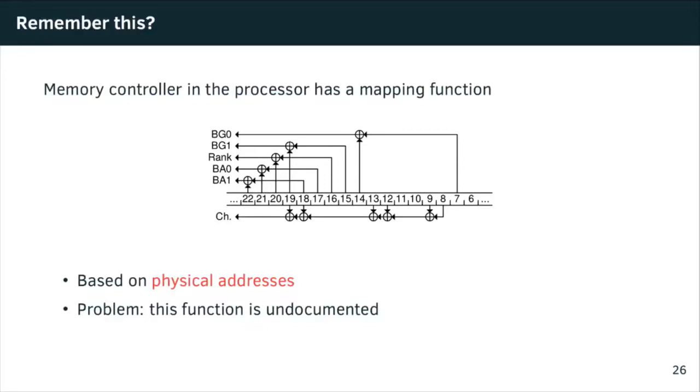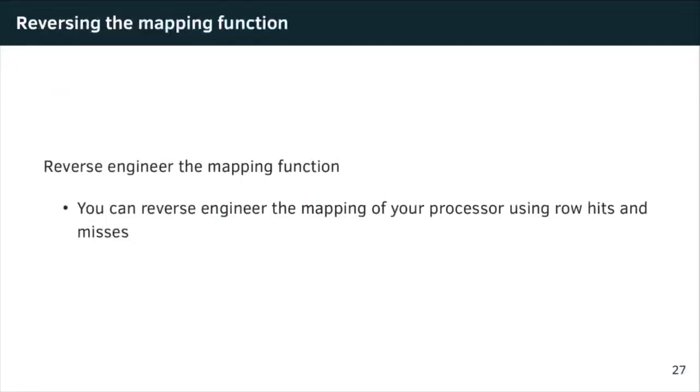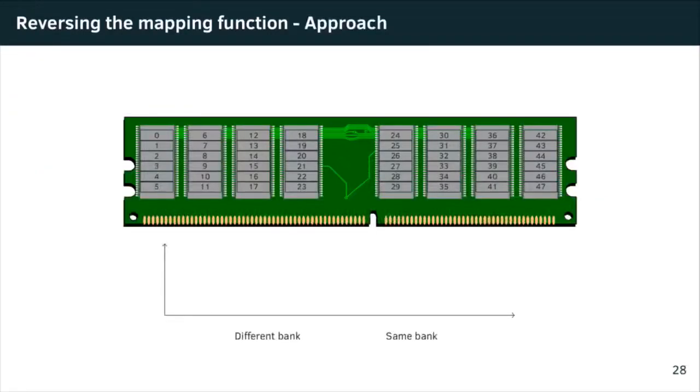So we really want to know if we have a physical address, where is this data stored in the actual DRAM, in which bank, in which channel, in which rank, in which chip. We really want to know this, and that's why we need the mapping function. And as it is undocumented, we have to reverse engineer it. And we want to do it only in software. So we could do that with hardware measurements, but we wanted to do it in software. And we already know we have timing differences. So we want to exploit those timing differences to really reverse engineer the mapping function from the timing differences only.